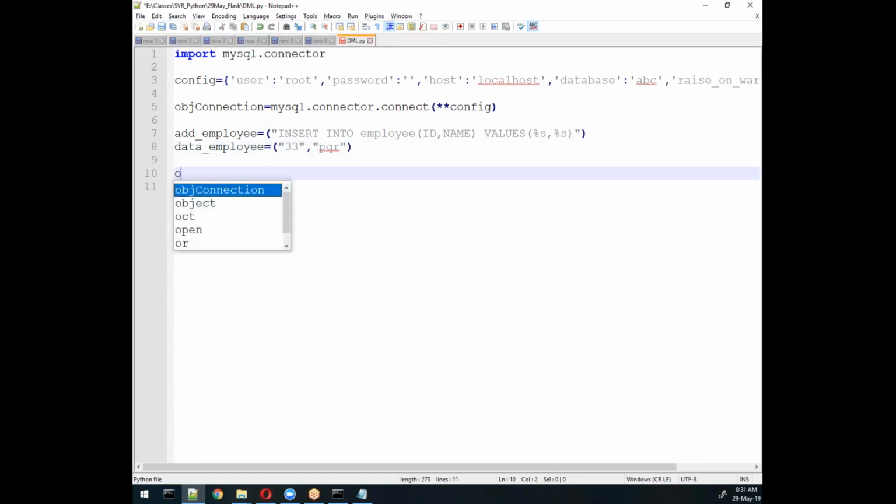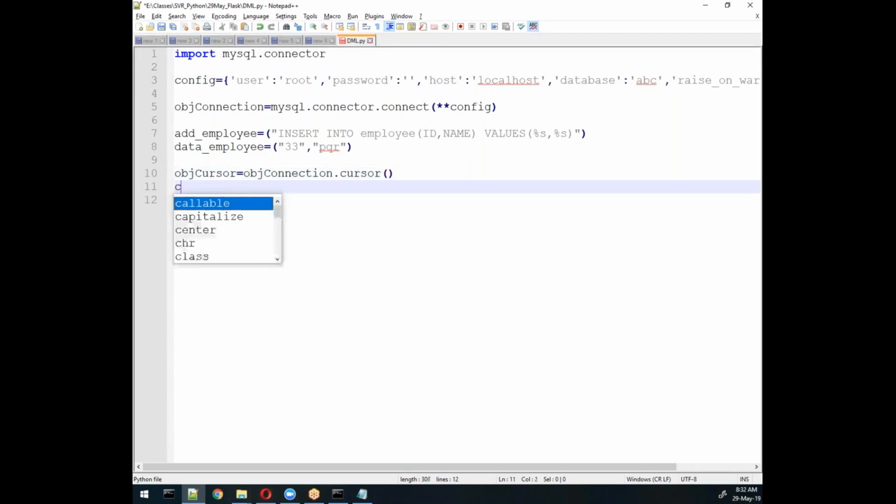Then we will create an object, basically object.connection.cursor, and then cursor object obj_cursor equal to this value. So it will prepare your cursor, and from that obj_cursor you can call anything, like here .execute.